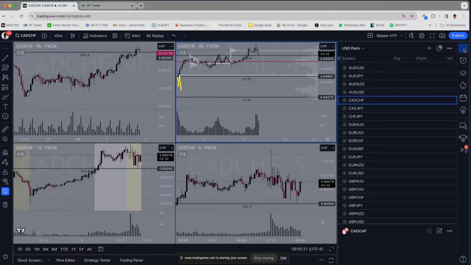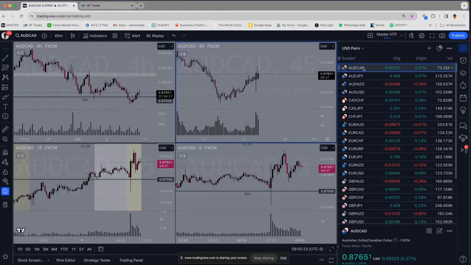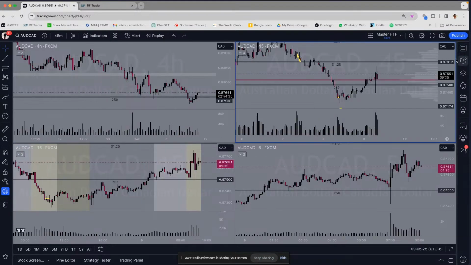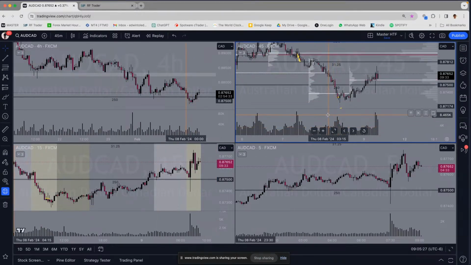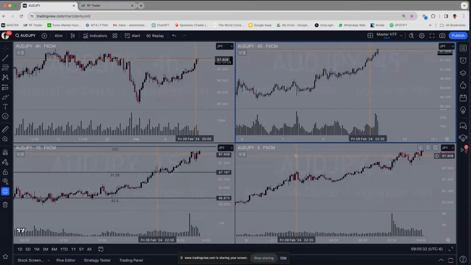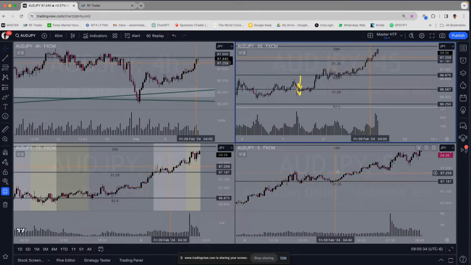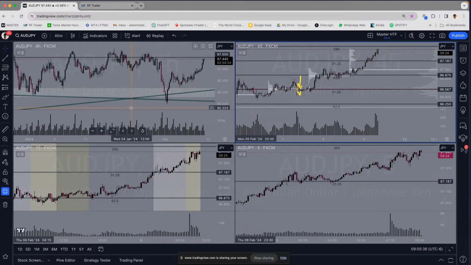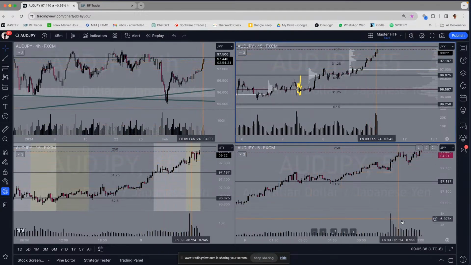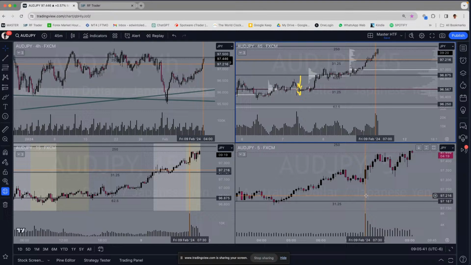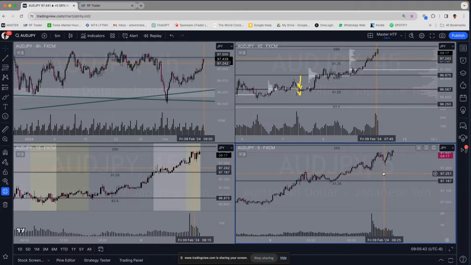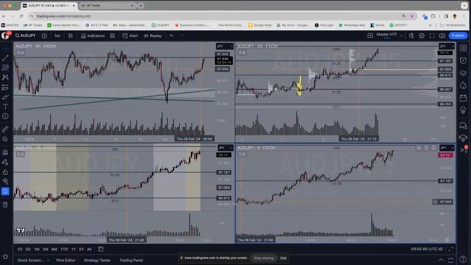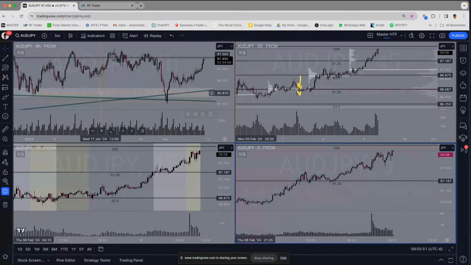And let's just go to the beginning of our prayers and let's start trading the market. 905. AUD CAD, nothing. AUD GEN, very nice. Interesting setup. Let me see what volume is doing. The candle is present. I think we are good to go for a sell on AUD GEN. It's going to be our first trade.